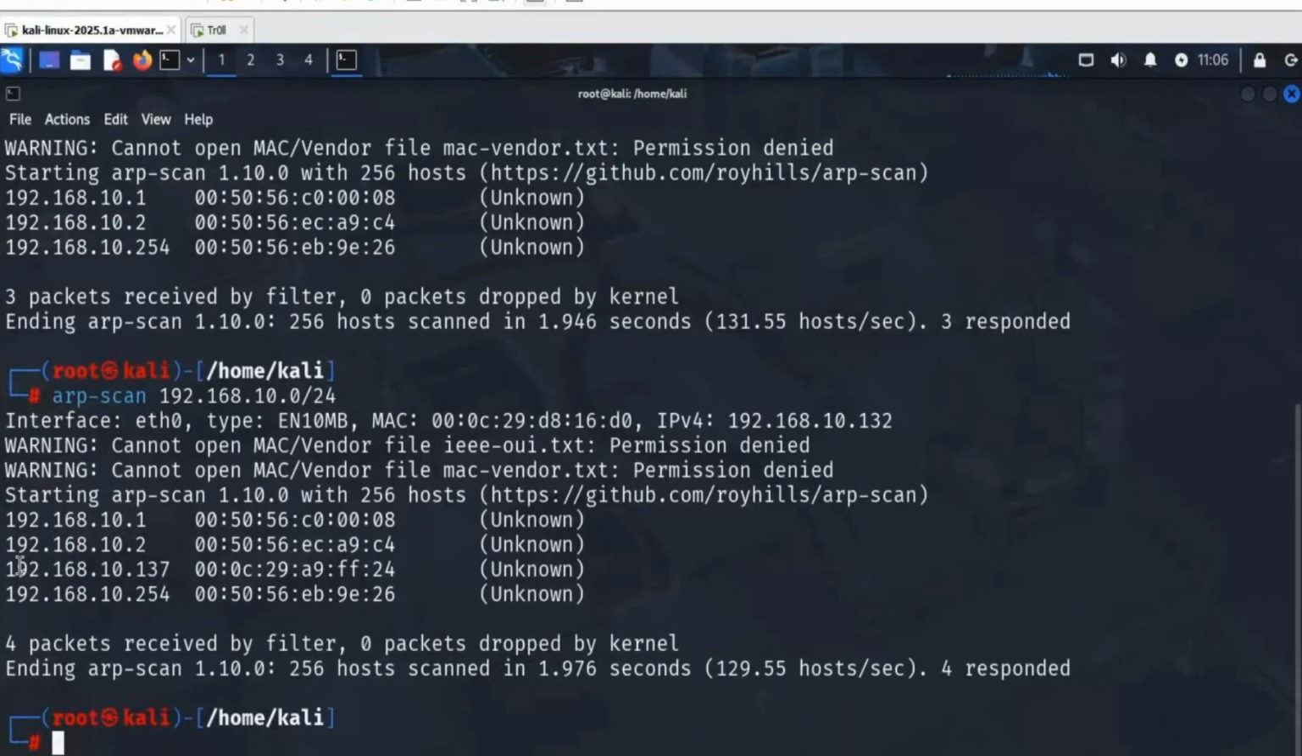So it gave me 192.168.10.137. Yes. Now everyone got to know how I got the IP. Next step is we have to do